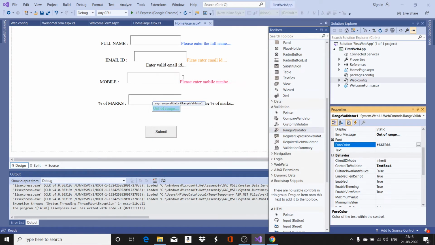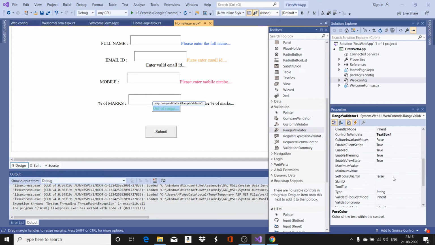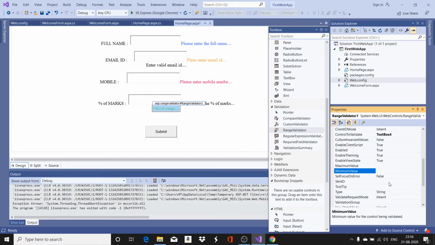Okay, and in the same way, out of range, error message, and control to validate you have given. Now you have to specify what is the minimum value and maximum value for out of range. Go to minimum value as 0 and maximum value to 100.